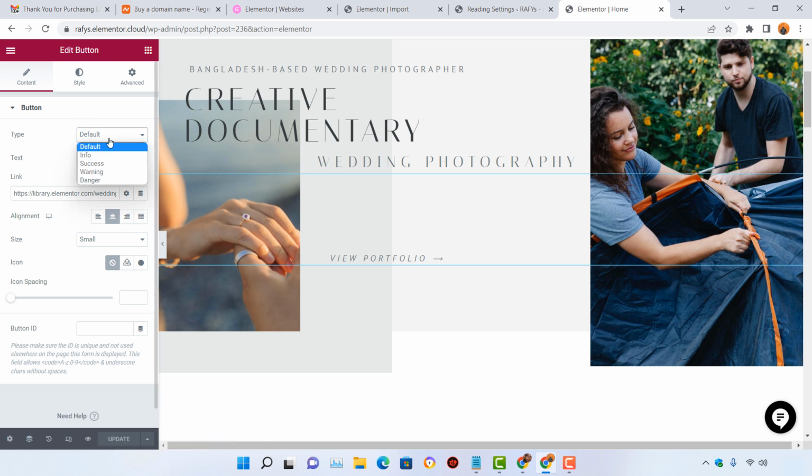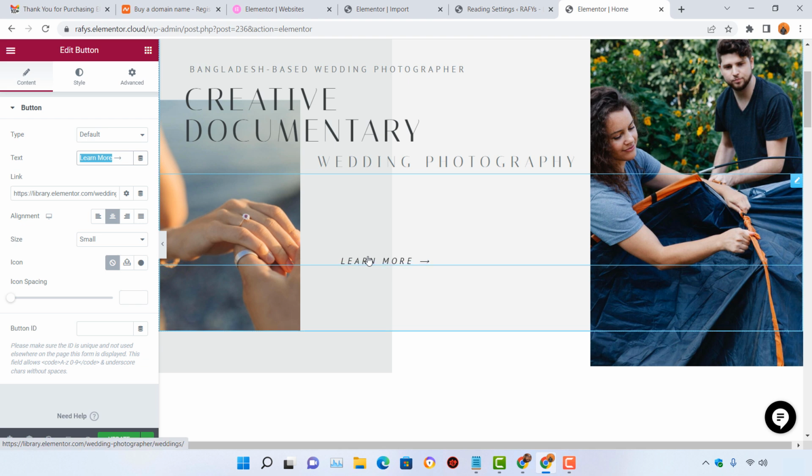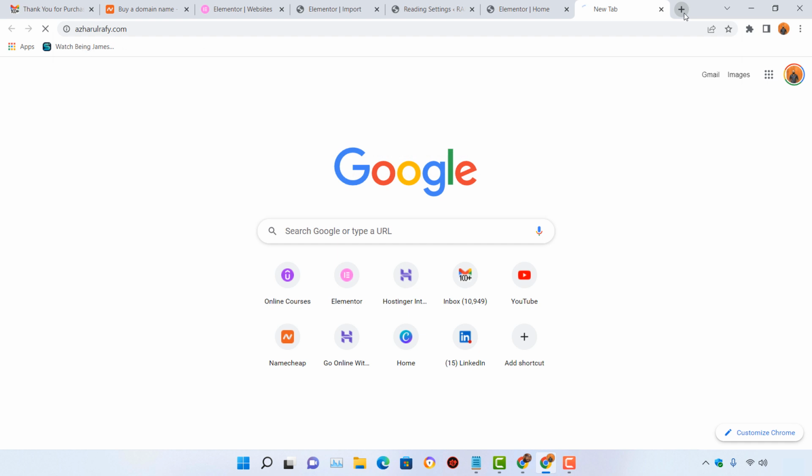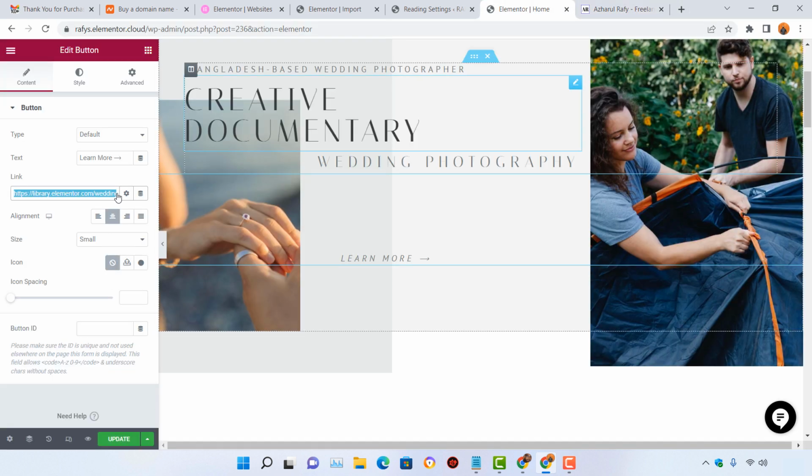And if you have got some pre-default designs for button styling, you can simply select them so that the styling will be appeared here. But as I'm seeing there is no style provided, so I can simply keep it to default. And here, button text, as you can see here, view portfolio. Instead of portfolio, if you want to type out learn more, just take a look, the change happened here. Now if you want to change this link to something else, I'm going to type out, let's say my website URL. I'm going to copy this, I'm going to paste this. Now if I click on update,